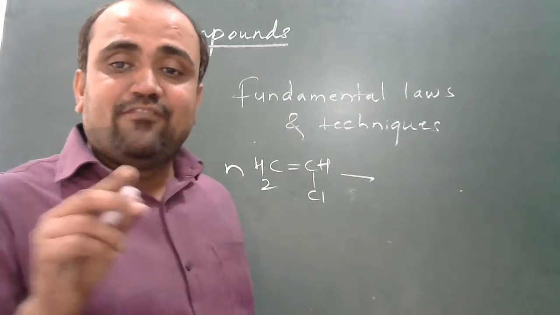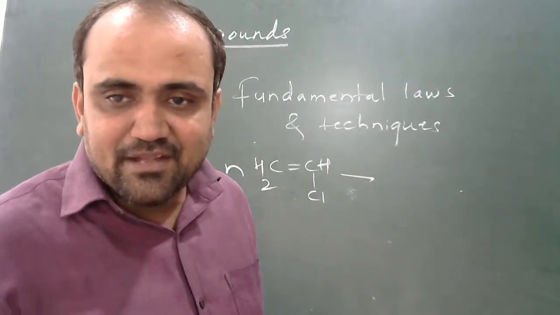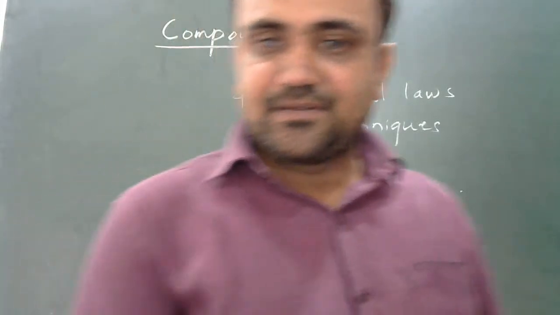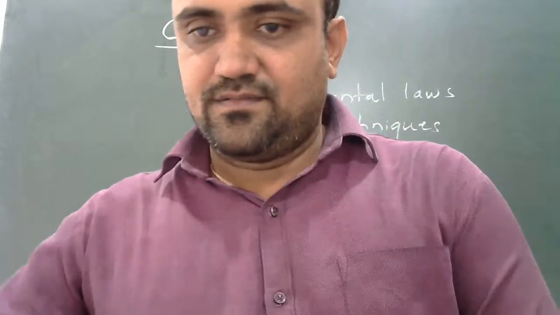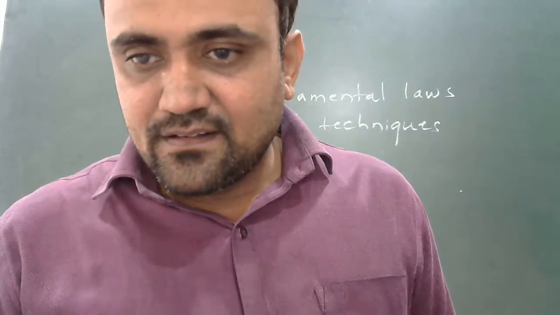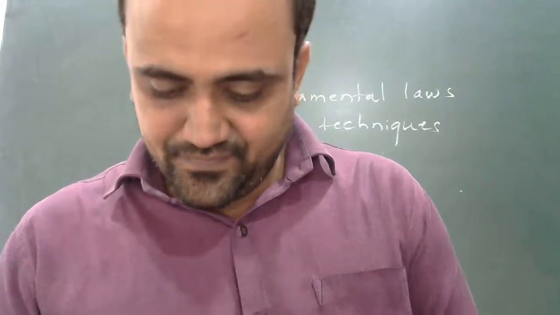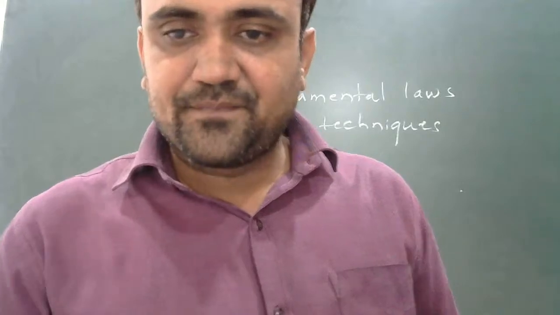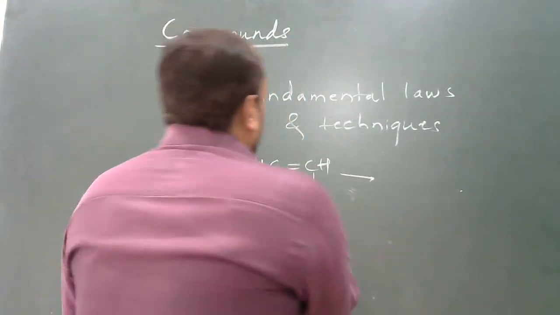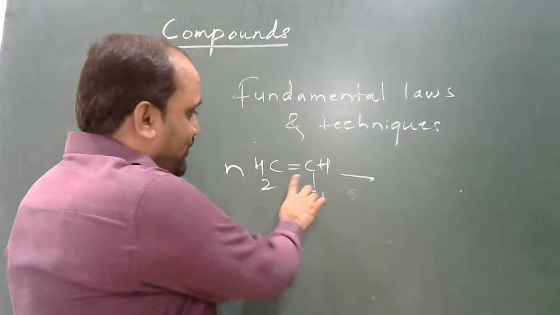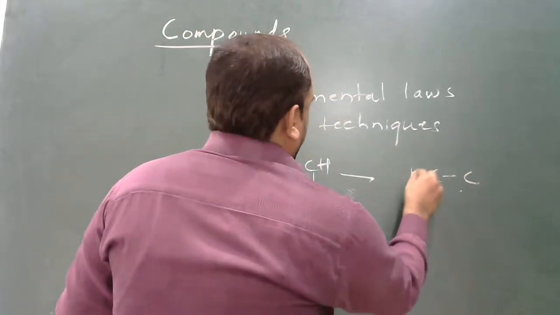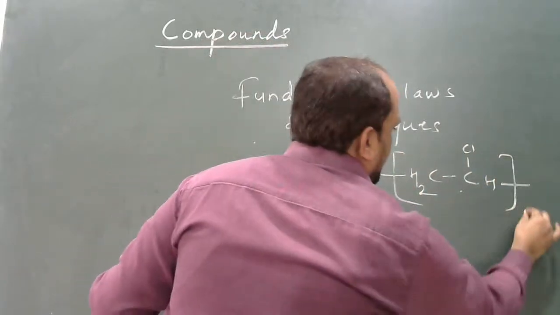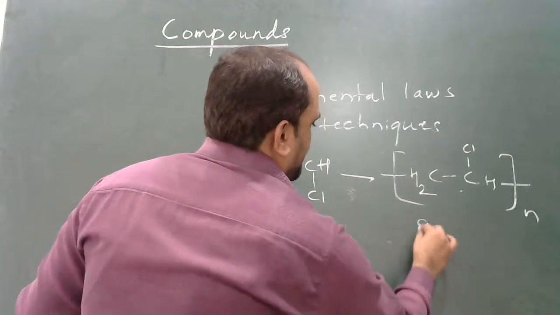Now here, vinyl chloride, polyvinyl chloride, PVC. Yes, lecture started. Please join. All right. So this is the double bond breaking, C bond C, H2HCl. This is n times. We call it PVC.